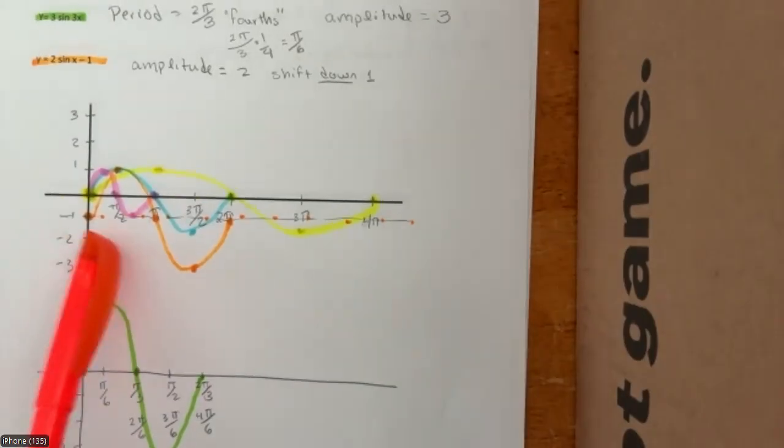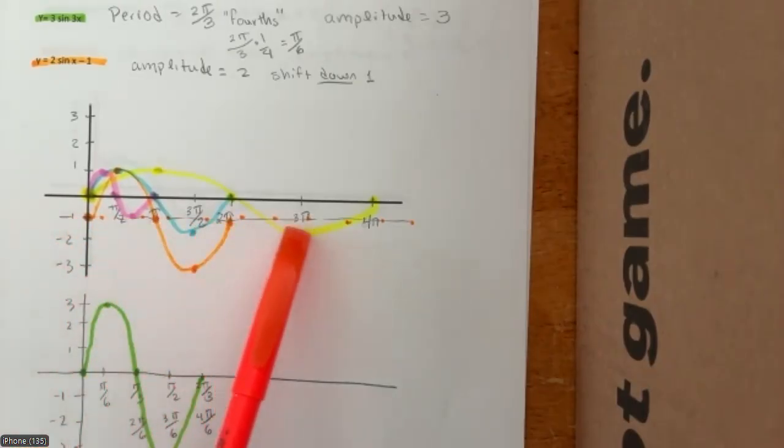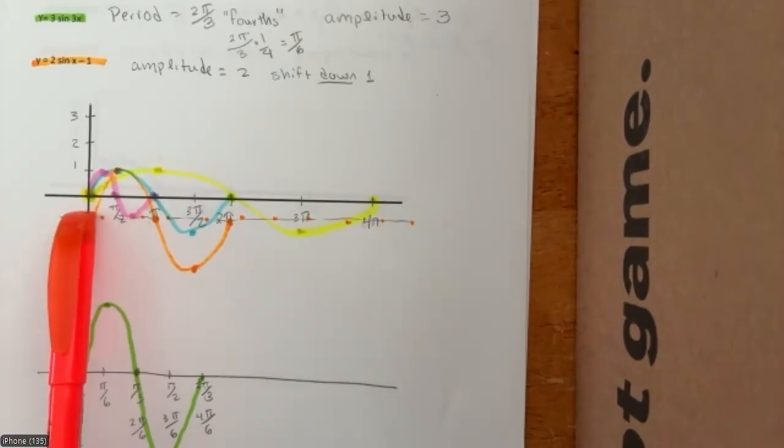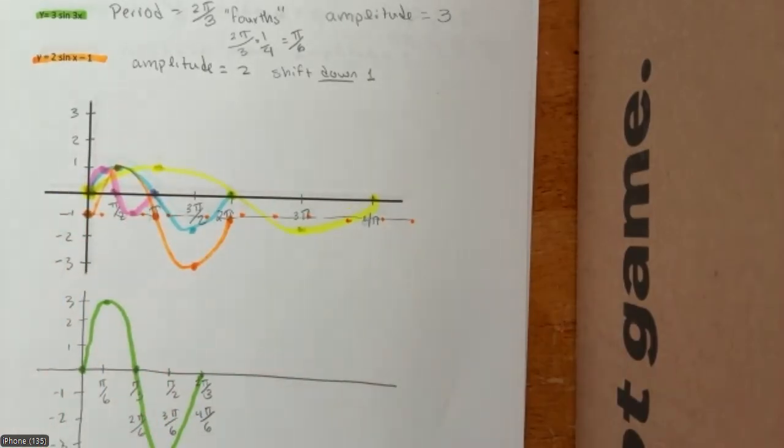Right, so there it is. So we went down. So we started at the midline at -1. I drew in my sinusoidal axis there, midline, peak, midline, valley, midline. And now we're going to turn